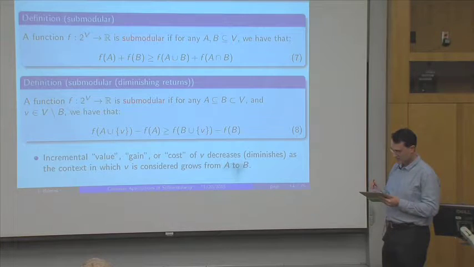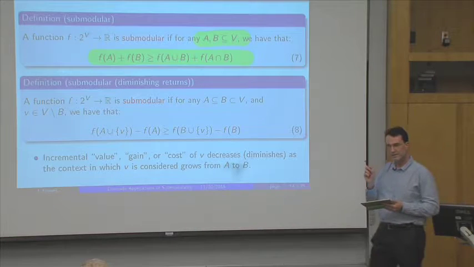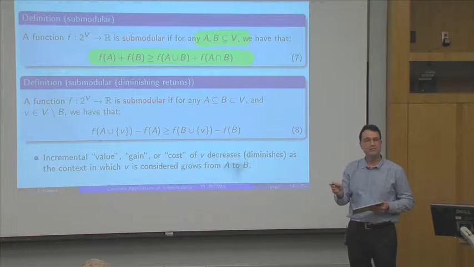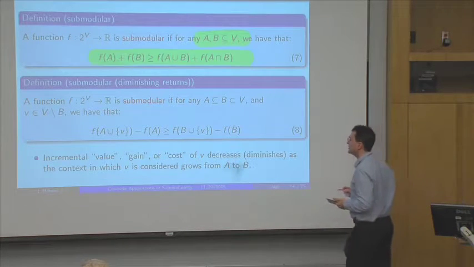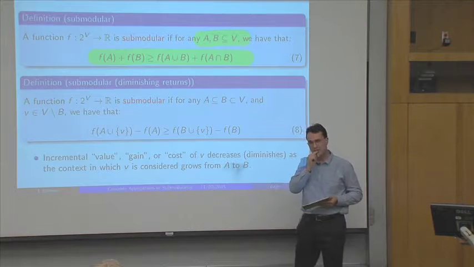And the properties can equivalently be written as either this inequality, which basically says that for any A and B, which are subsets of V, it has to be the case that the valuations satisfy f of A plus f of B is greater than or equal to f of the union plus f of the intersection. Or alternatively, and equivalently, submodularity satisfies what's known as the diminishing returns property, which a lot of people find much more intuitively appealing,